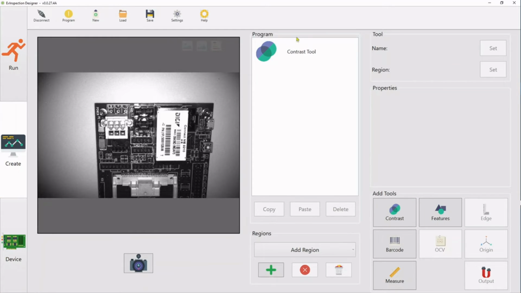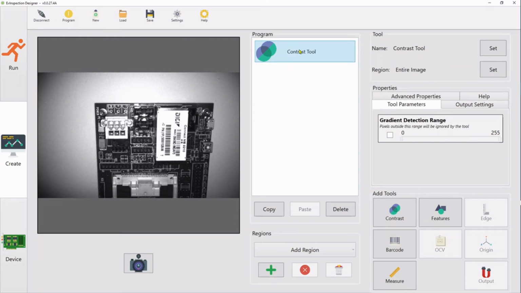The tool has been added to the program, and we can now see the options for the Contrast tool if we select it. The tools will be executed in the order that they appear in the program list. Notice that when I added the tool, the program icon now shows a warning. You will see this icon when you are connected to a